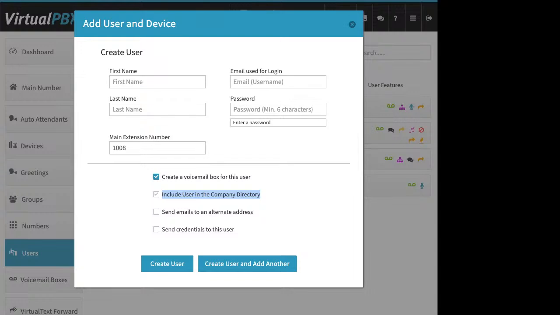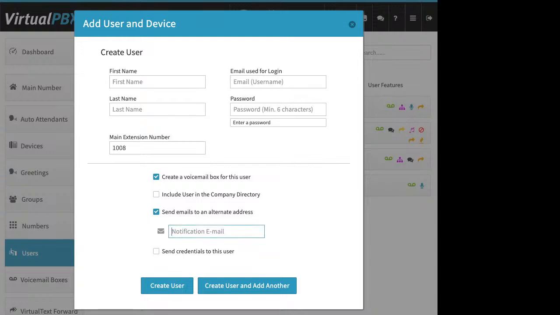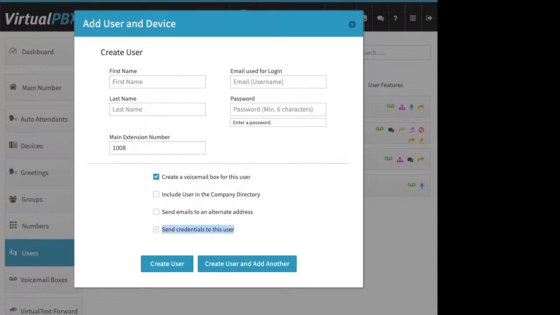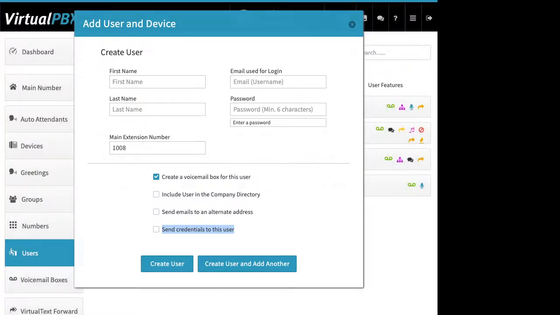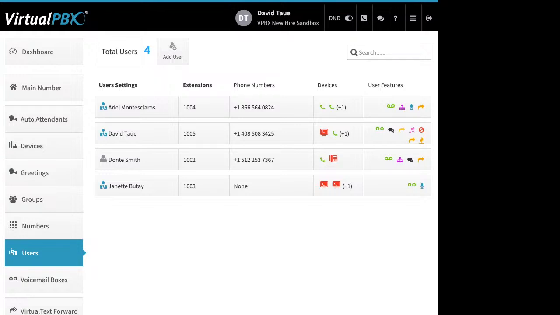Here's your option to include a user in the user directory. You can always change this later. If you want those emails to be sent to a different email address than the one they used to log in with, you can click this box here, and then enter that other email address in the box provided. This is also something you can change at any time. And then lastly, send credentials to the user, optional to check that or not. And then click on create user if you're only creating one person, create user and add another if you're adding multiple. Once a user is created, you can click on their name